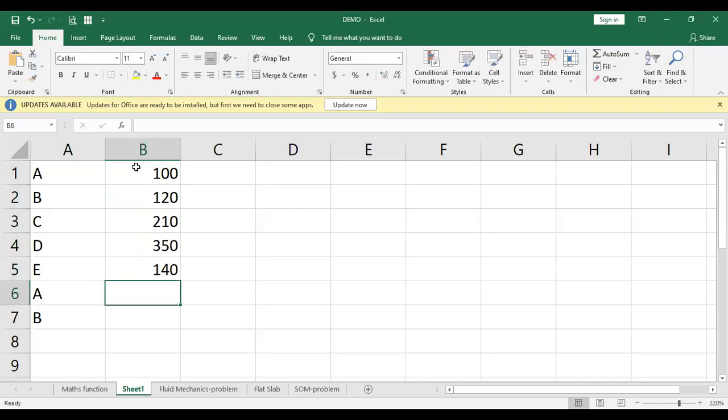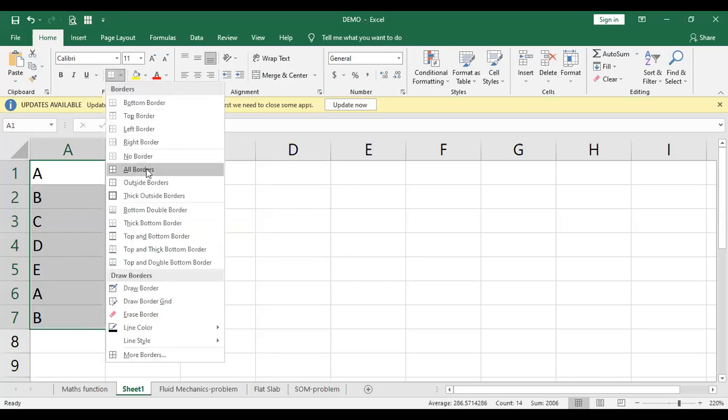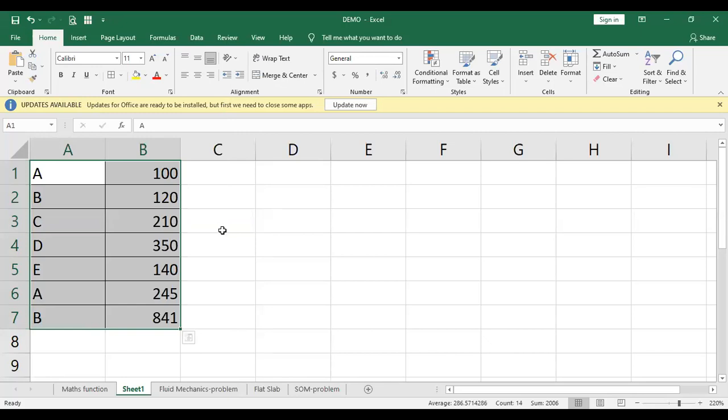These are certain values related to B, C, D, E. I can give the borders to it. Just go to this option, give the all borders command, and once you give that, the borders will be there. That's how the borders will be assigned.